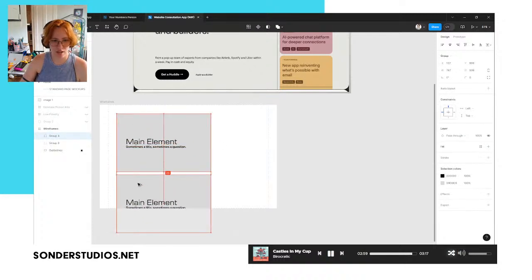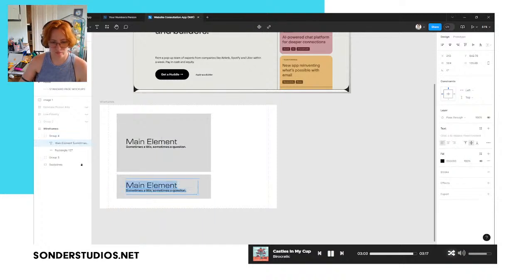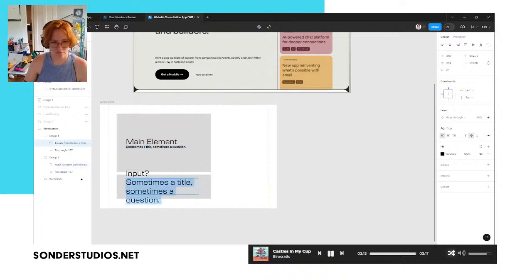And then underneath, we'll put input, I want to say. And the input will be buttons,